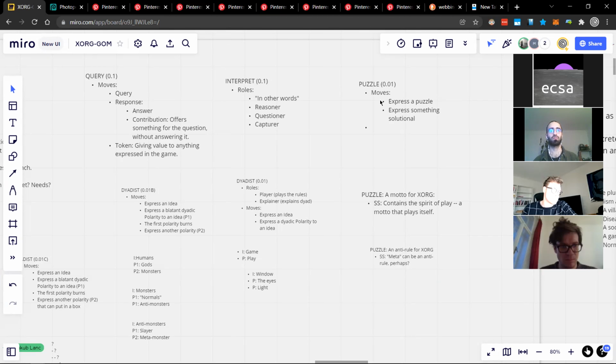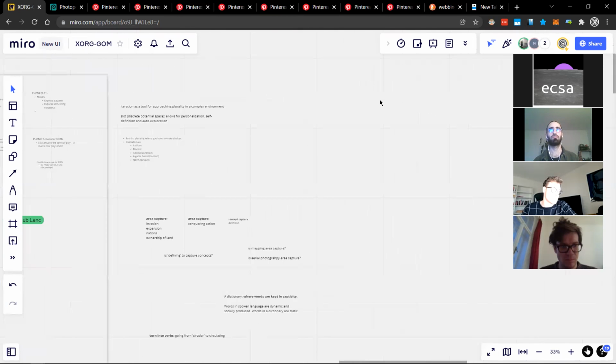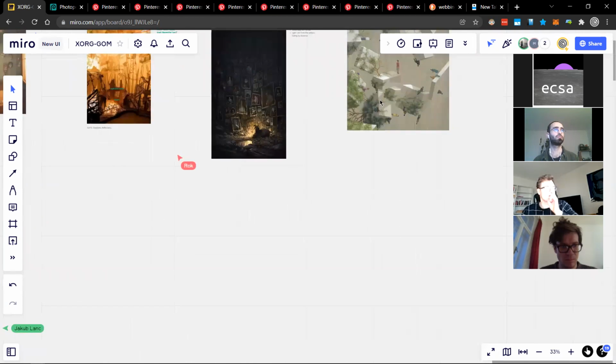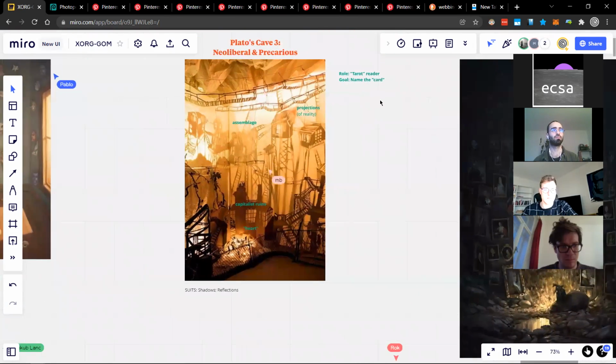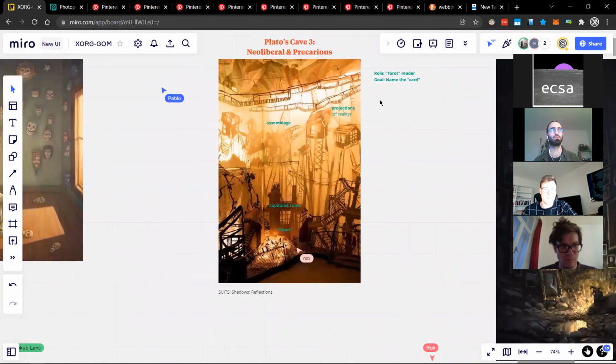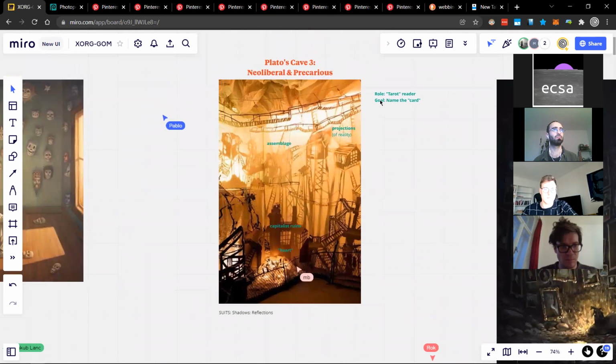You could say that this image is a puzzle or can be taken as a puzzle. And maybe the goal of the puzzle is to name it, but when you free the puzzle from having one answer, it still behaves similarly, but it's more expressive in a way.